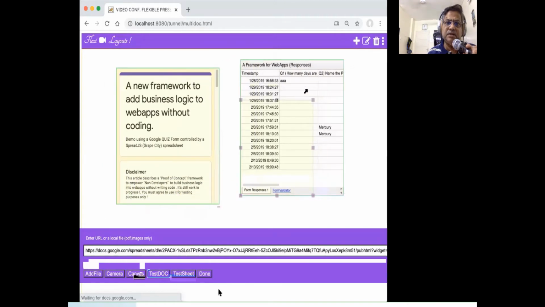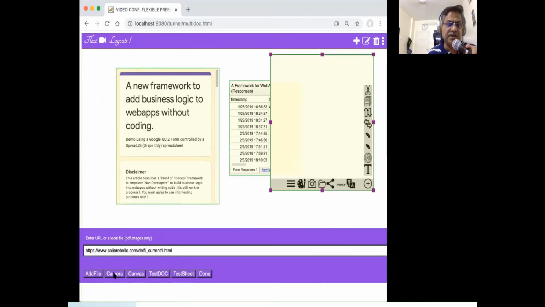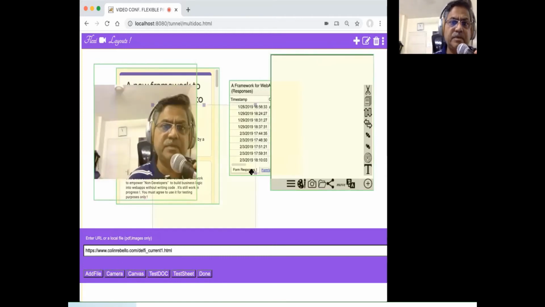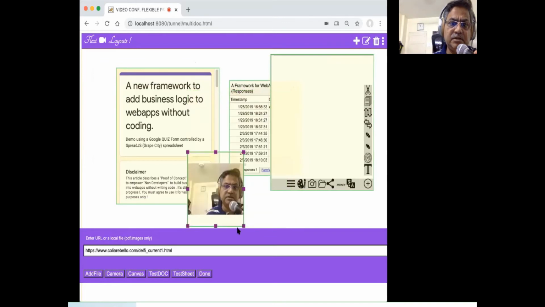I can resize them. I can add a canvas where I can draw things. Again, I can move it around. I can also add a camera feed. So I've got 4 items on the screen.